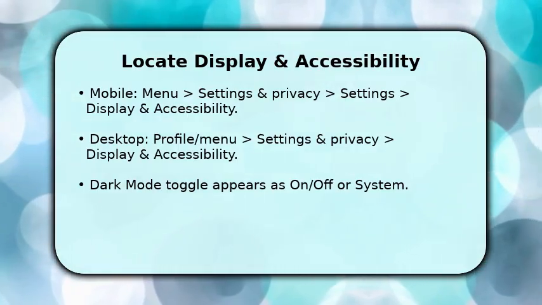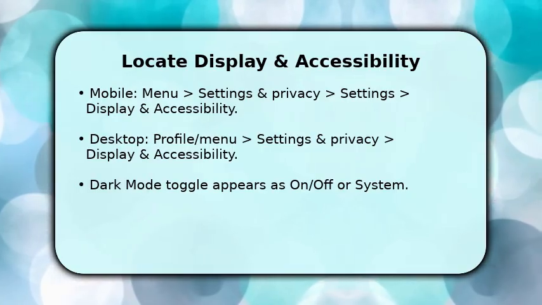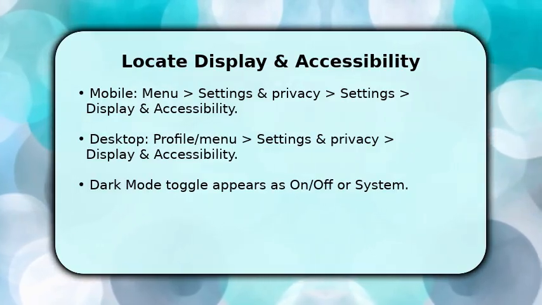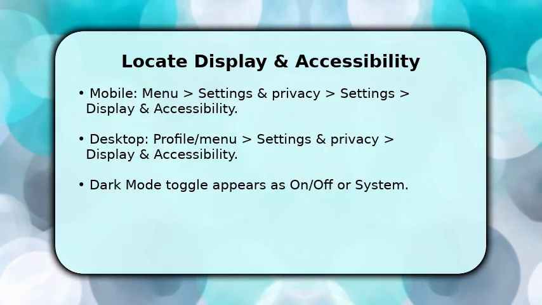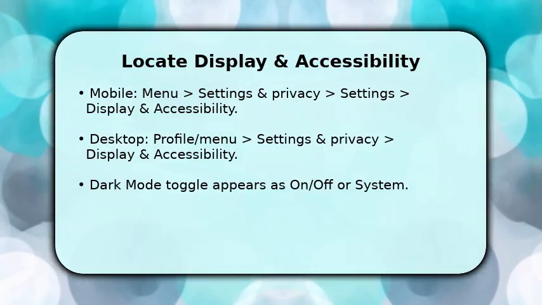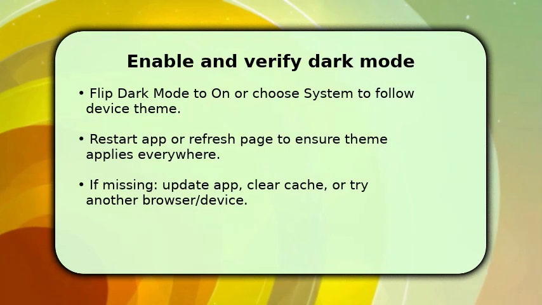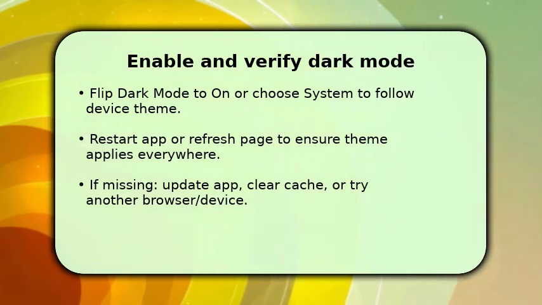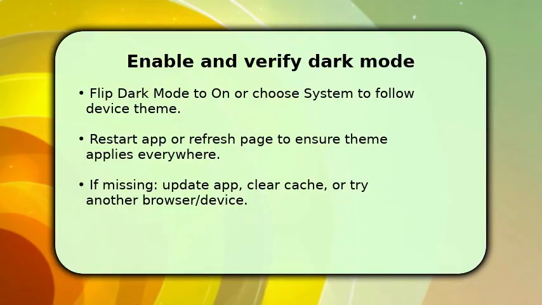If you want automatic switching, choose System so Facebook matches your device theme. Enable dark mode by flipping the toggle to On or selecting System to sync with your device. Once done, refresh the page or force close and reopen the app to apply the theme across all feeds and